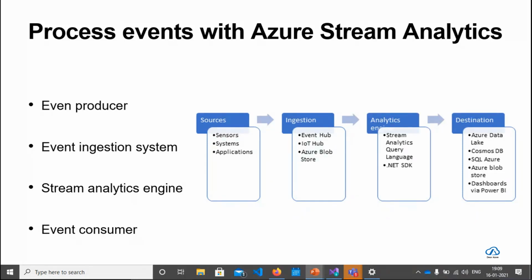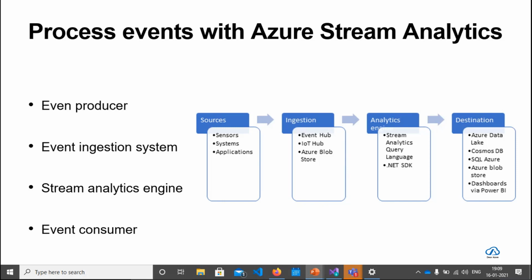The event producer is nothing but the source. Any application, system, or sensor that continuously produces event data is the event producer. For example, you will have sensors that track the flow of water in a utility pipe, a vehicle that crosses a traffic signal, or tweets posted by common people using a hashtag. Those are the data which can be collected, whether from a sensor, a system, or an application.